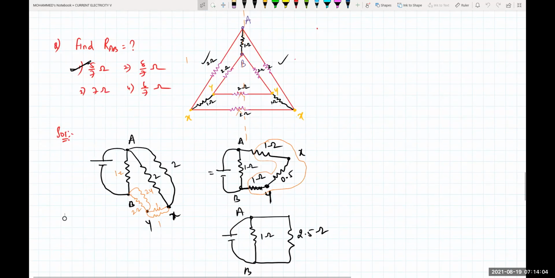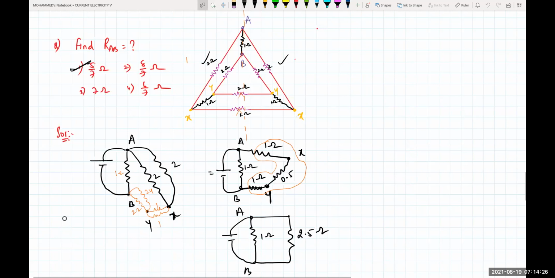So here there is your A for me, and this is point B. So draw an axis of symmetry which is passing through A to B like this. A to B. So whatever resistance is perpendicular to this one will become ineffective. This 2 ohms and this 2 ohms will become ineffective for me. Clear, beta? Because if I fold across, this 2 will be coming on the same potential right now.